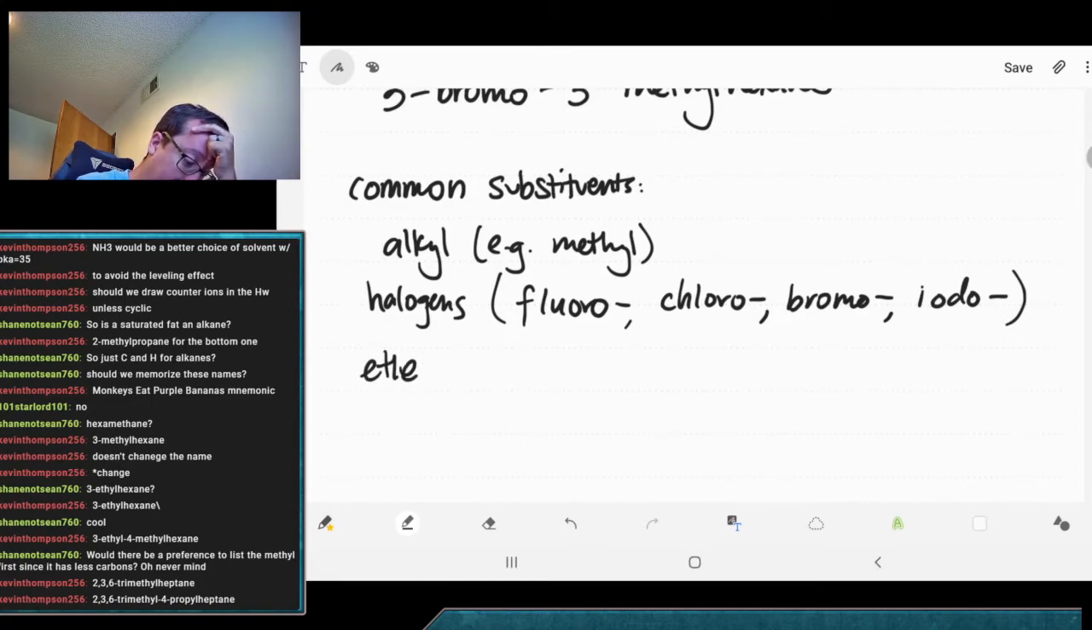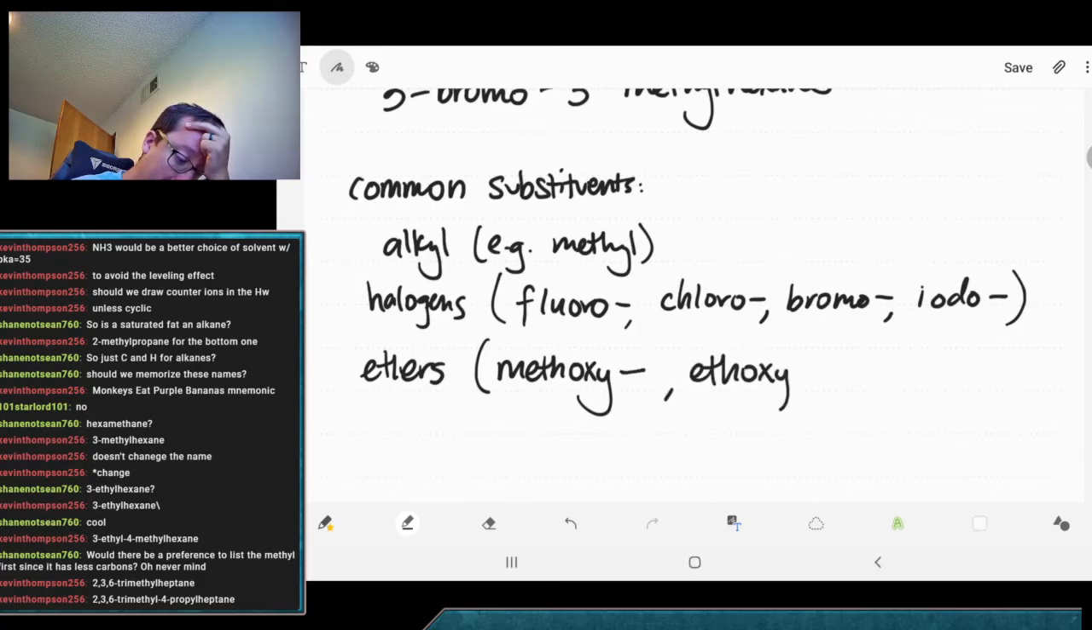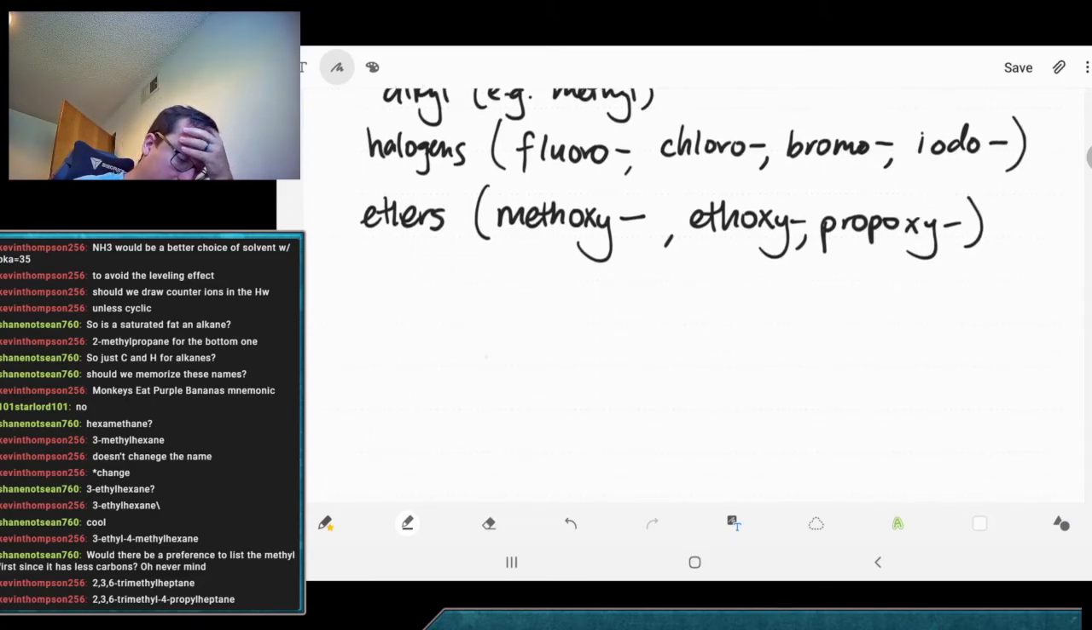Ethers. We can talk about that. Those would be something like methoxy, or ethoxy, or propoxy. Ethers are low priority, so they will not change our parent name. For example,